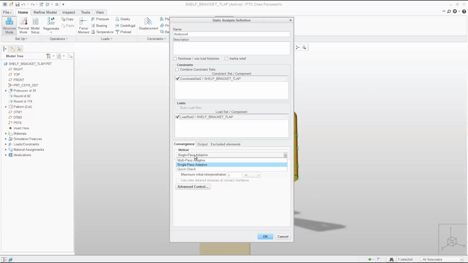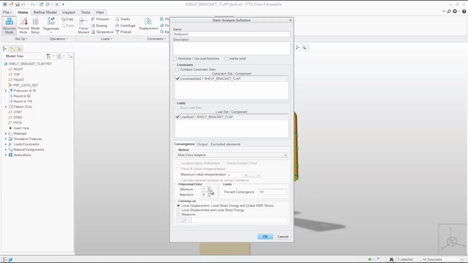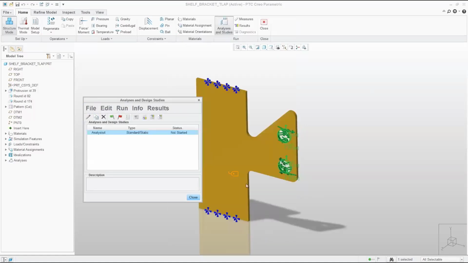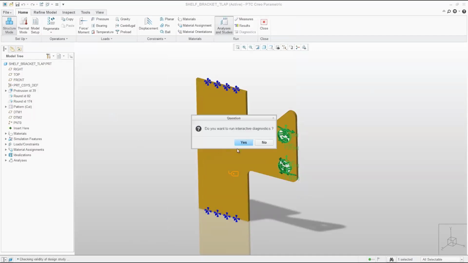This is really around calculating based on polynomial order and how we want that to converge and how many times. So we can go in and manipulate that as far as the limitations go. So let's say I want to set that limit to 6 and then let it compute. You can set as many of those as needed. So if you want to run multiple different studies, you could, but let's say we just want to run